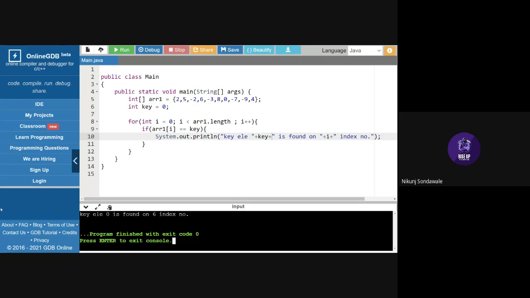If we cross check 0, 1, 2, 3, 4, 5 and 6, yes, it is on 6th index number, right? That's why the answer is the key element 0 is found on 6th index number.